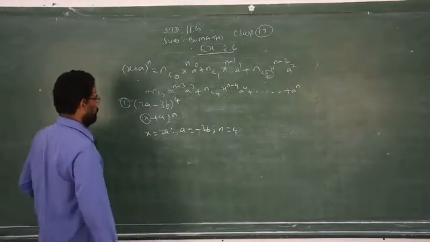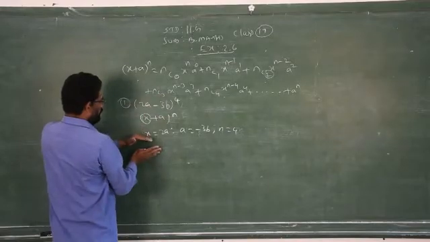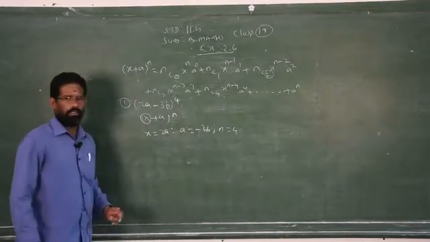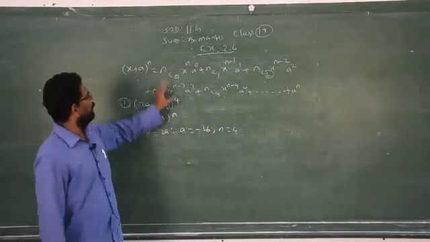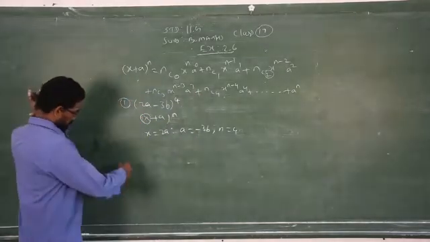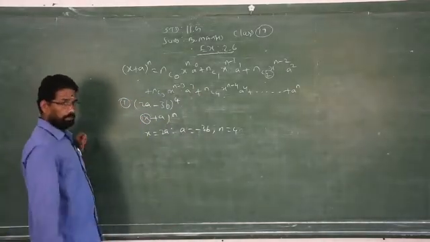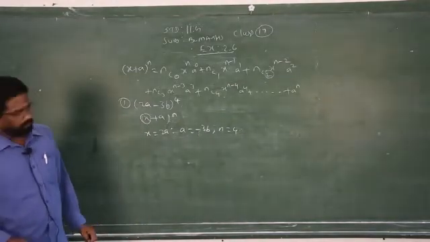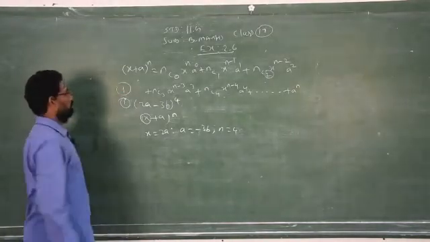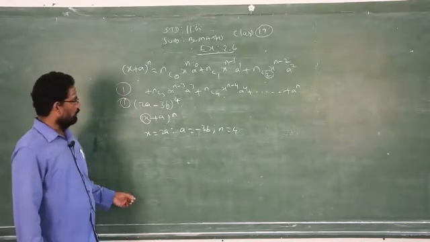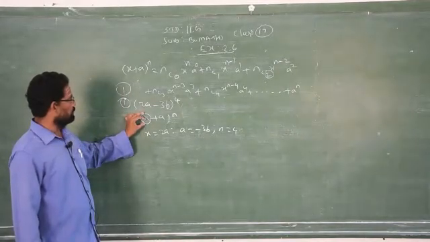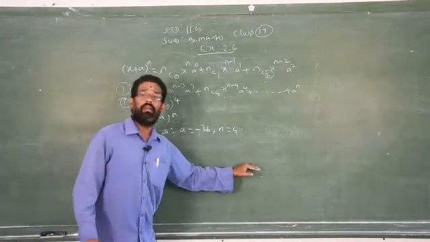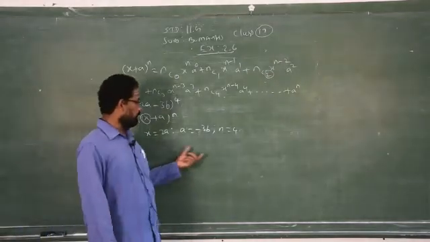Be careful. You have to write the general formula, then substitute x by 2a, a by minus 3b, and n by 4. Here I already have the formula, so I did not write it again in the middle of the question, but you have to write it for all the questions. There are 3 subdivisions in question number 1. This is subdivision number 1. For the second and third, once you compare the question with the general format, like what is x, a and n, you write the formula, then you substitute. Without the formula, don't go straight away.